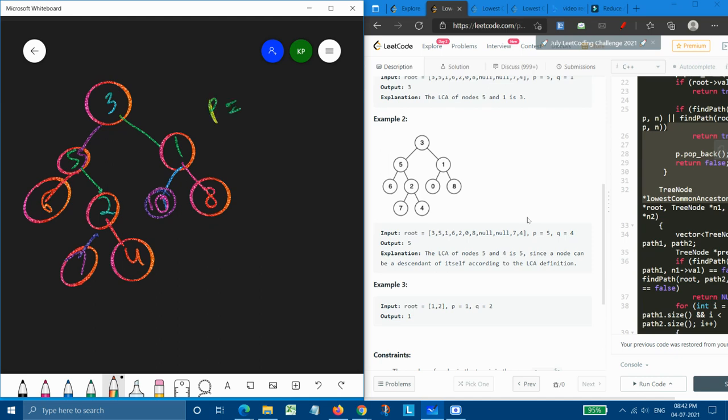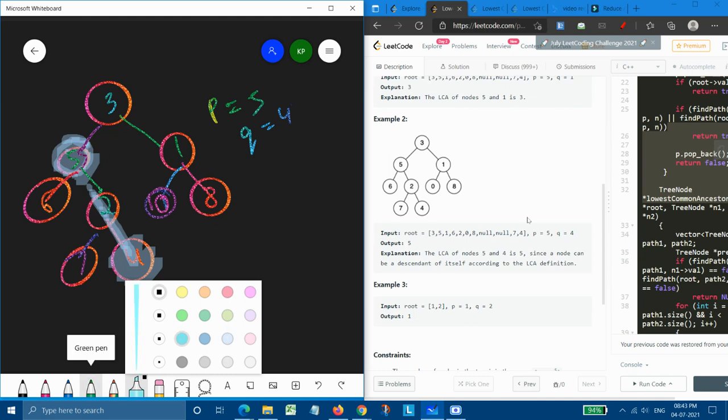And our p is equal to 5 and q is equal to 4. That is 4 here and 5 is here. Basically, both of them lie on the same lineage. So that's why we can say that the lowest common ancestor would be 5 itself.